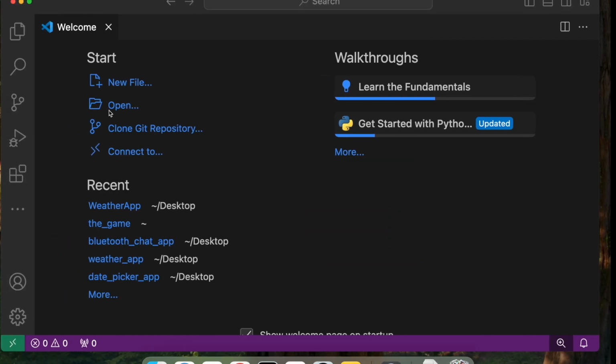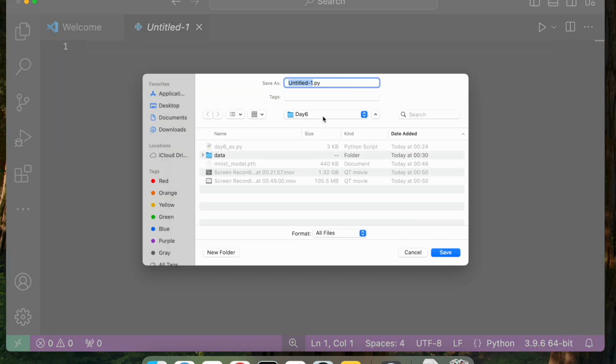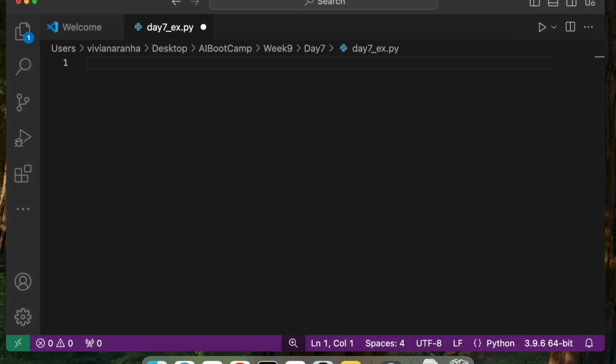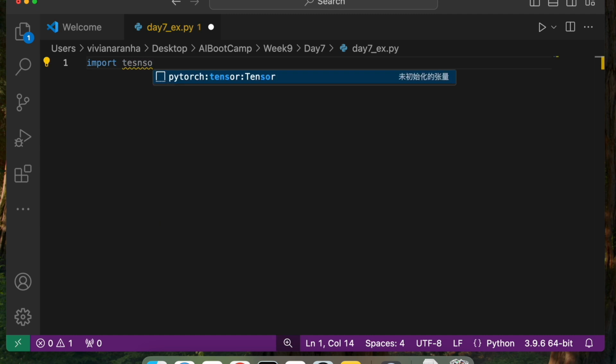So first, let's go ahead, create a new file, and save it as day7_exercise. So let's go ahead and import TensorFlow as tf.